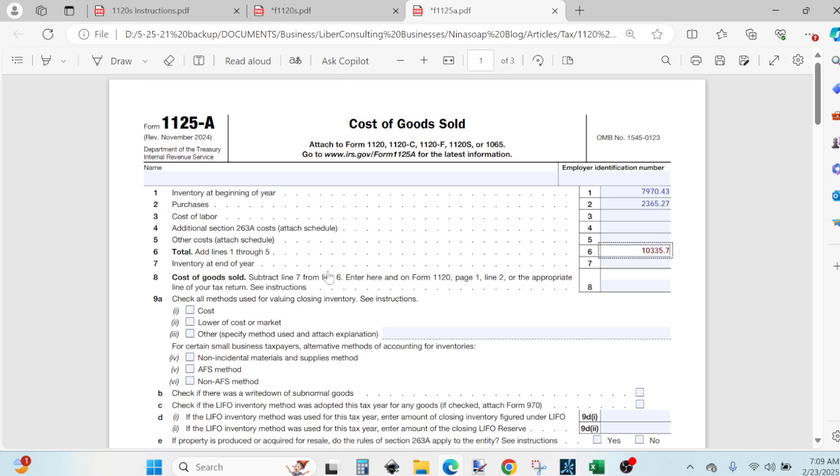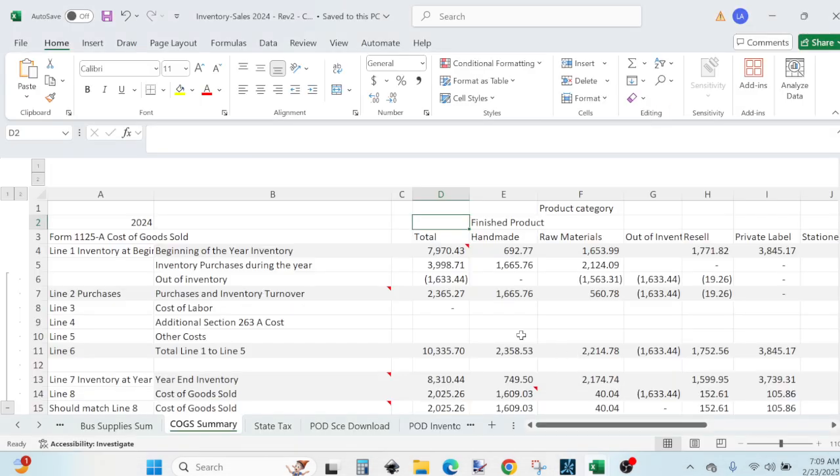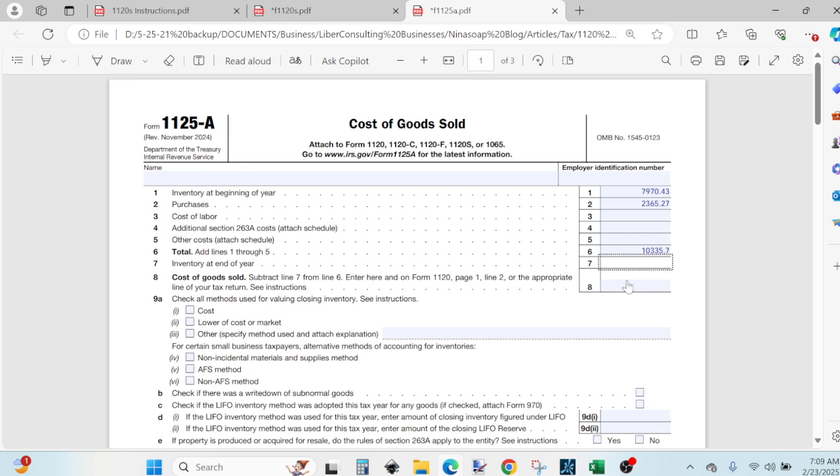Okay, so inventory at the end of the year, you go back to your inventory spreadsheet again. So that's the total that we just calculated. Inventory at the end of the year, we have 8310.44, and that will allow you to calculate the cost of goods sold, the cost associated with product that you sold during the year, and it's going to be